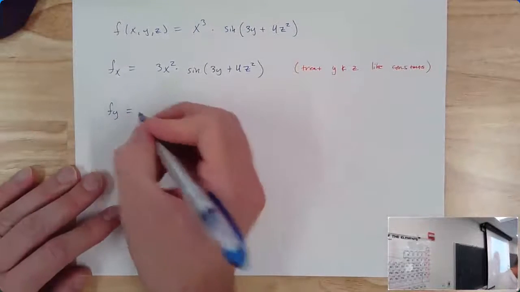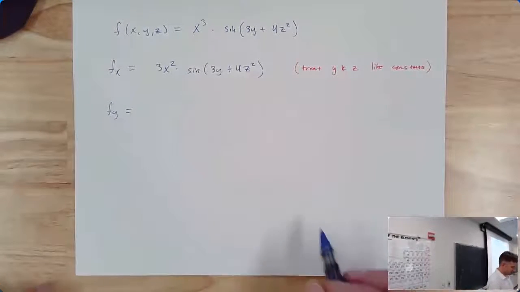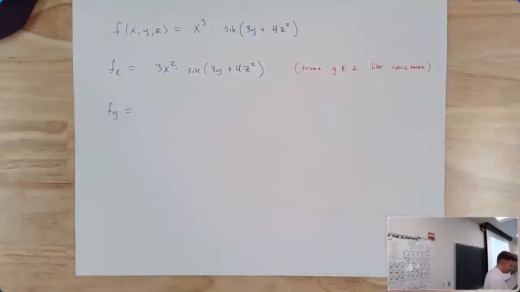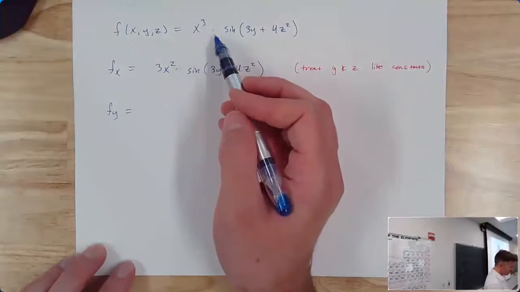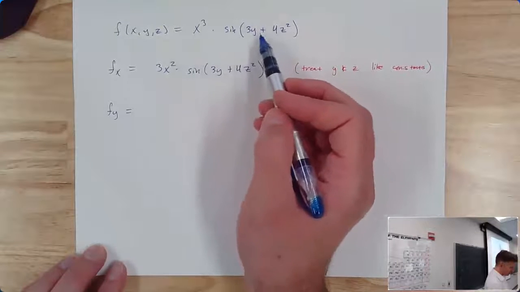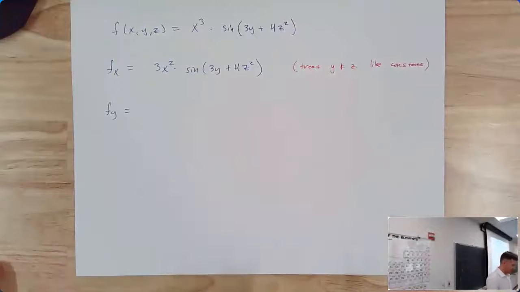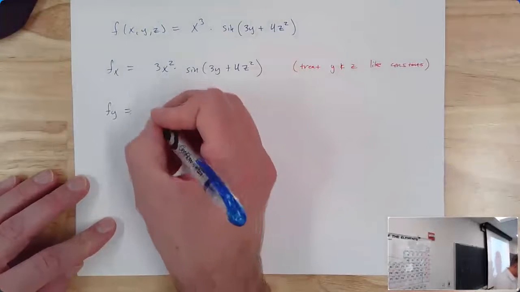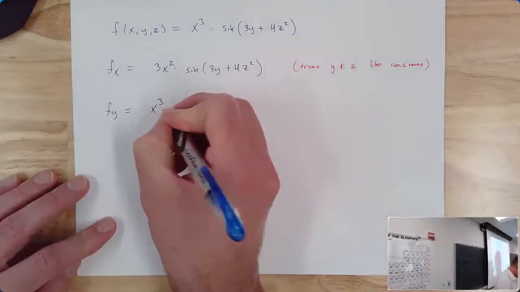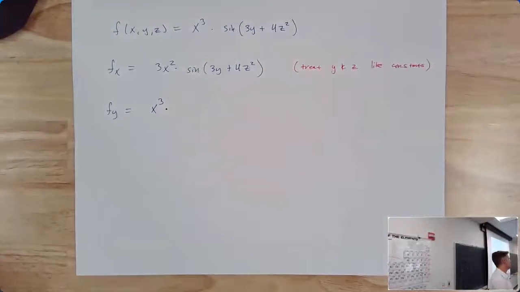Same idea. Now we're treating x and z like constants. So what I see now for my function is a constant times sine of my variable plus a constant. And so if I'm going to take the derivative, this constant multiple just hangs out. And what's the derivative of sine? Or I should really say, the derivative of sine of some stuff is cosine of the stuff times the